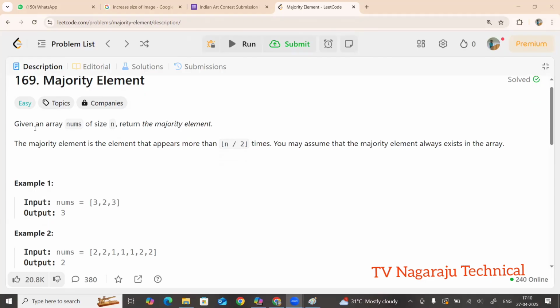Read the question. Given an array nums of size n, return the majority element. How can we say that an element is majority? The element that appears more than n by 2 times, that is the floor of n by 2. Suppose if the number of elements is 6, if the element appears minimum more than 3 times, such element is